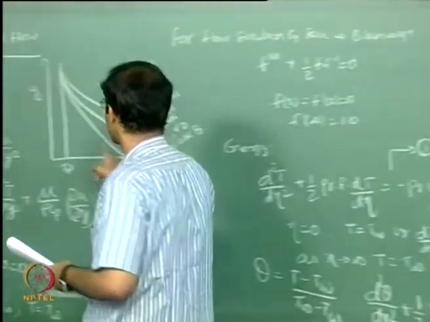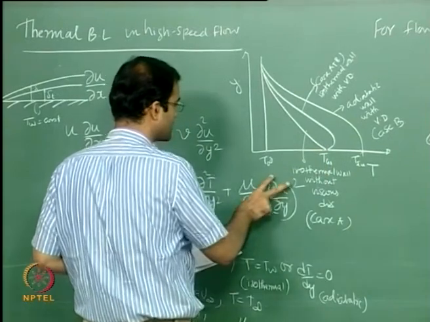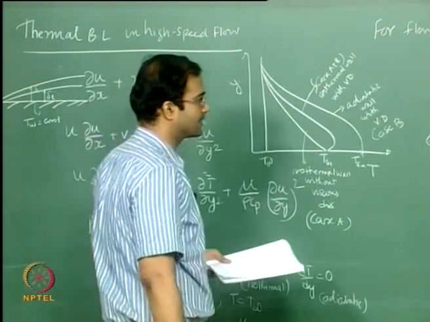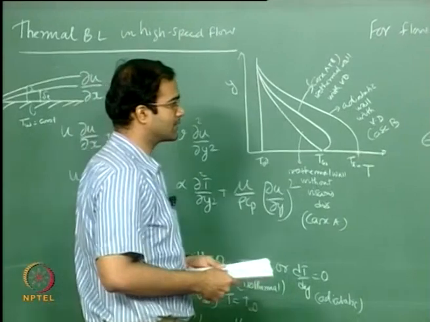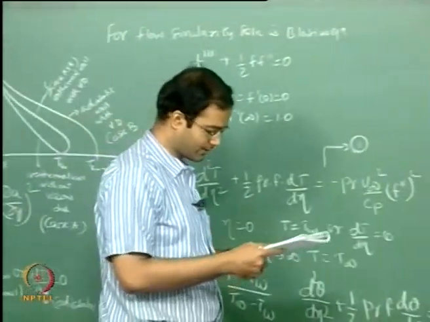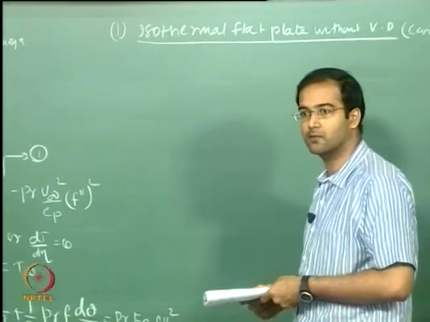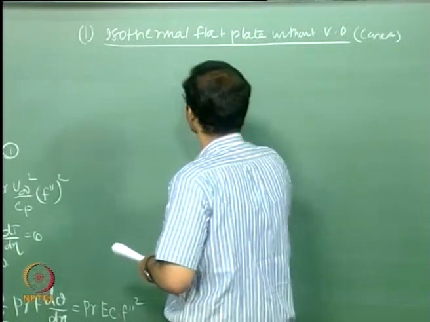Okay, so if you have a simple profile like this, that means you don't include the viscous dissipation. This is nothing but the Pohlhausen similarity solution. Okay, so there you define your theta the same way that I have defined here, T minus T wall by T infinity minus T wall,